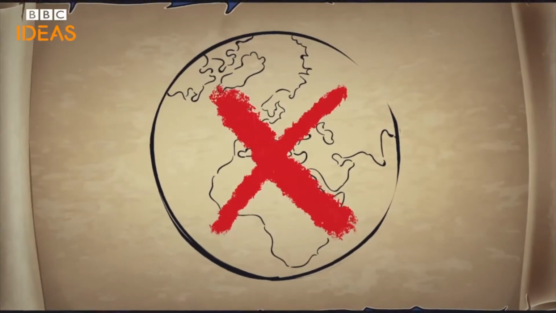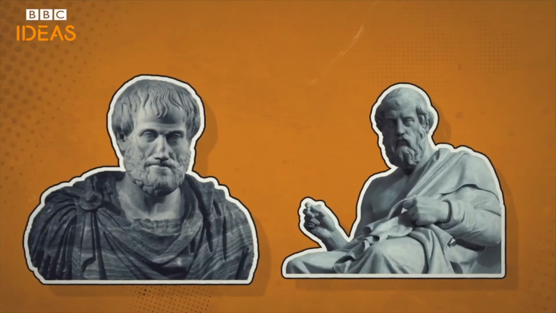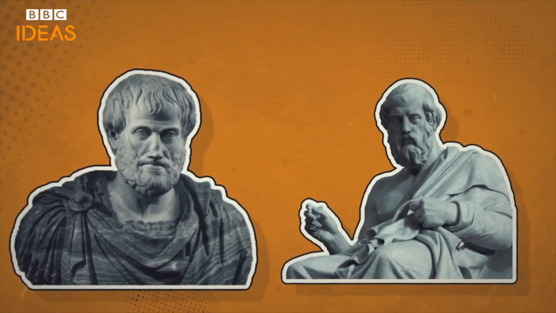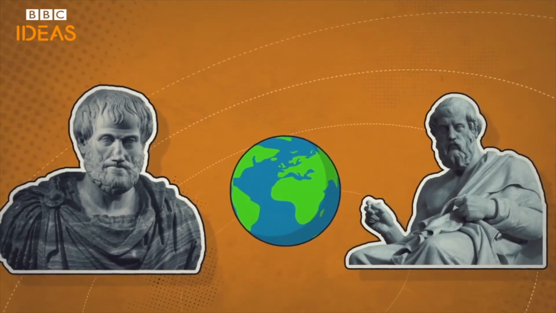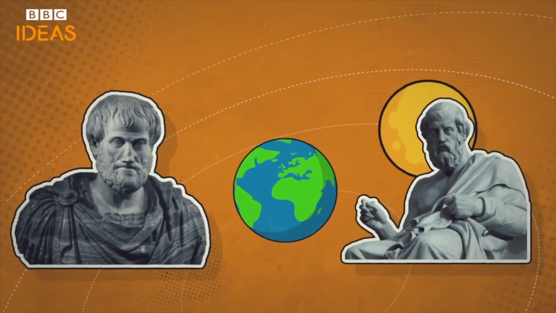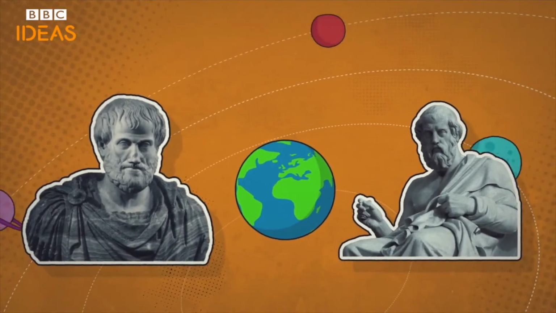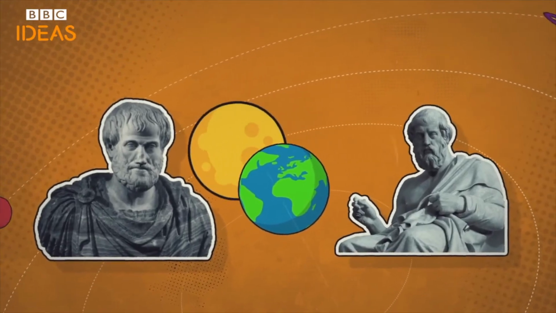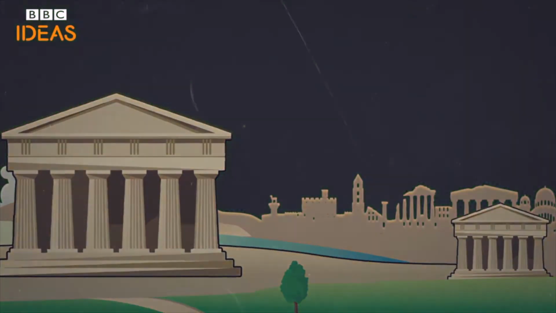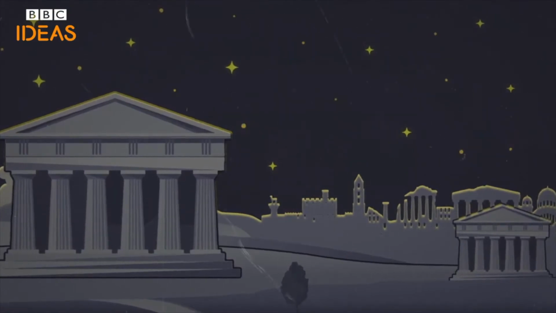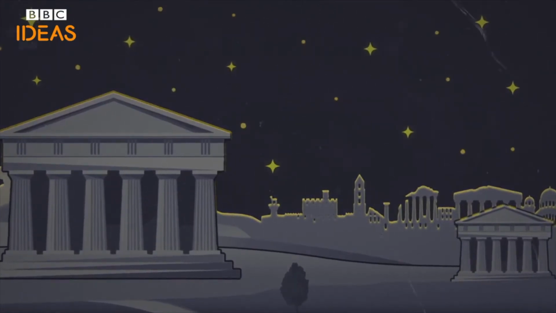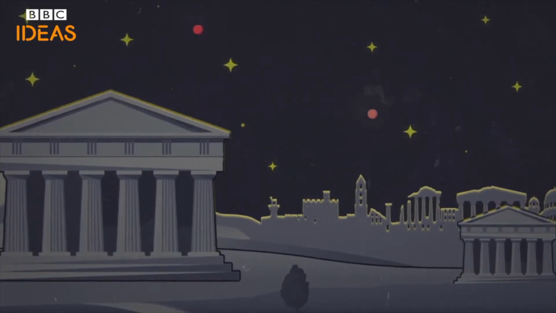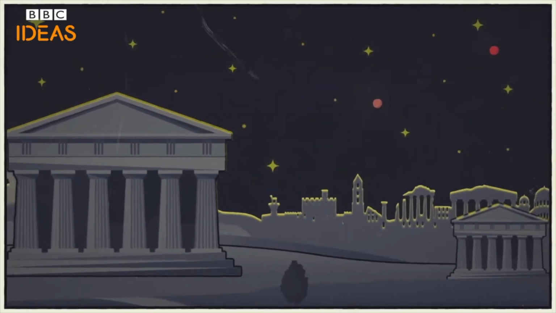Wrong. The earliest geocentric models of ancient Greek philosophers, scientists, general all-rounders such as Plato and Aristotle in the 4th century BC placed a stationary Earth at the centre, with the planets and the stars moving around us on circles or spheres. The thing is, the simple geocentric model couldn't quite explain all that we see when we watch the skies. For a start, the planets change brightness, which shouldn't happen if they're always the same distance from the Earth. Second, the paths of Mars and Jupiter through the sky sometimes appear to go backwards for a time, which shouldn't happen if they're travelling around in these neat little circles.